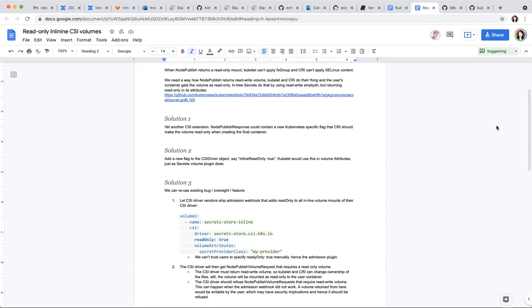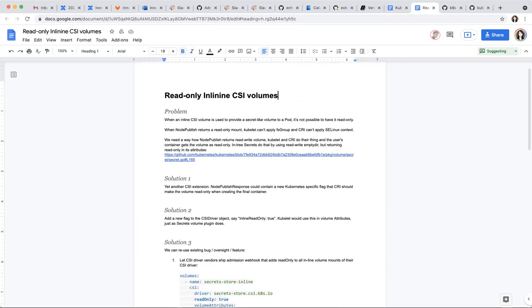Well, it's up to the CSI driver, but for me, the driver provides only secrets. It doesn't provide anything else, so it will always ignore it. This is a different driver. Yes and no. The existing secret store driver also always ignores it.